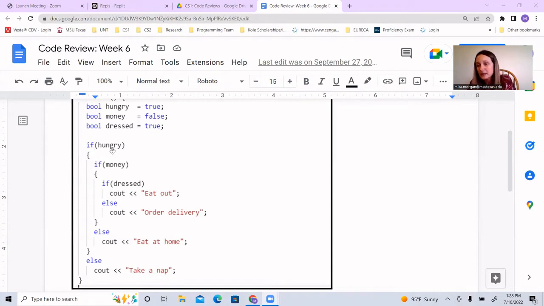If you weren't even hungry to begin with, if from right off the bat this had been false, we would have come down here to this else statement, and we would take a nap because we don't need to worry about getting food because we aren't hungry. So take a look at this, see if you understand the flow of control and see if you would be able to know what